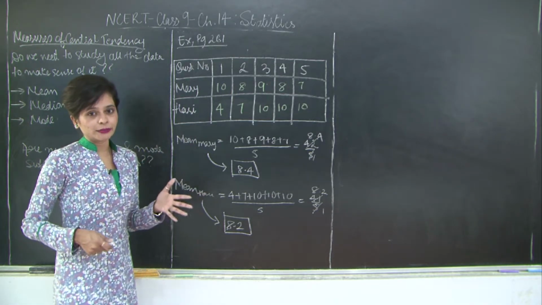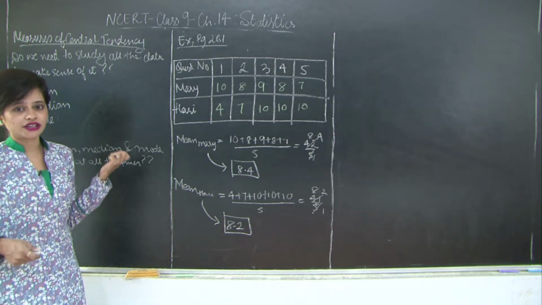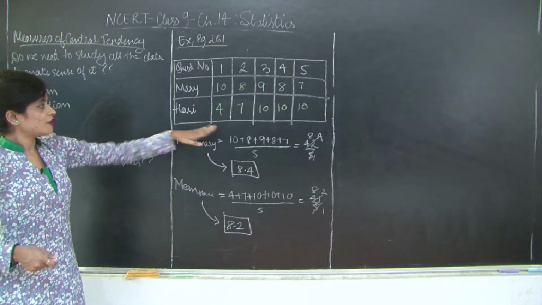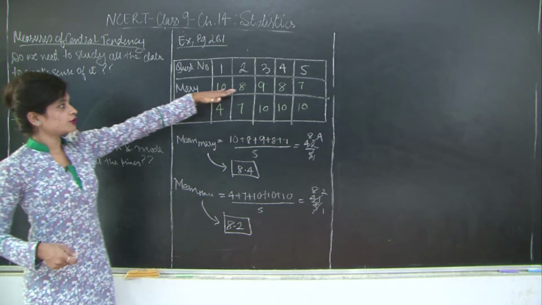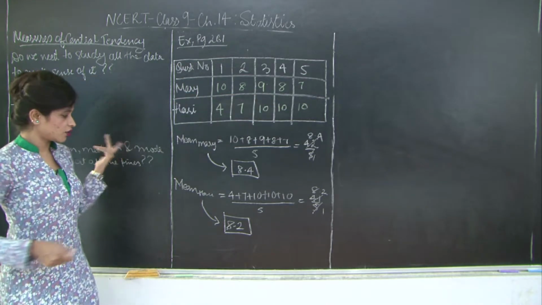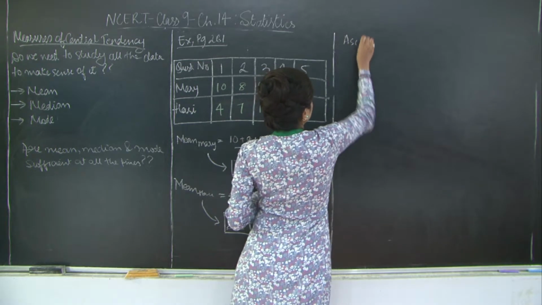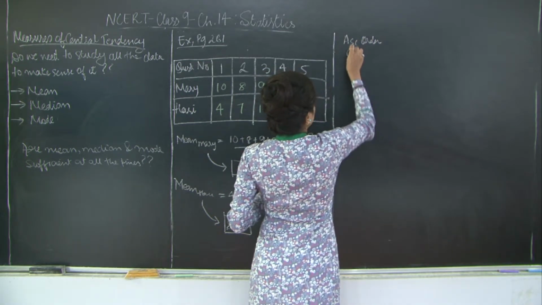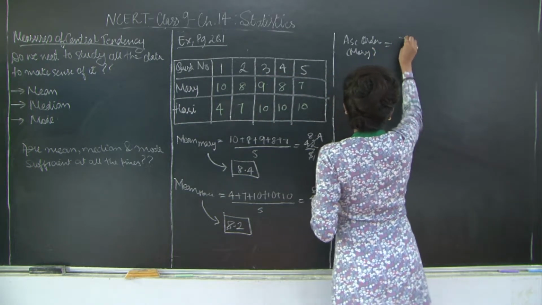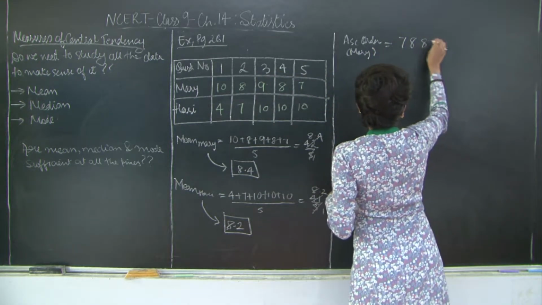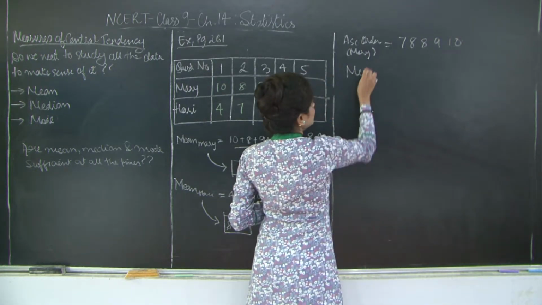Now in order to find the median or the mode, it's necessary that you arrange your data into either ascending or descending order. For Hari, we see that the data is already arranged in ascending order. So I'm going to arrange the data for Mary in ascending order. So ascending order, and I'll say Mary. The marks are going to be 7, 8, 8, 9 and 10. So the median is going to be